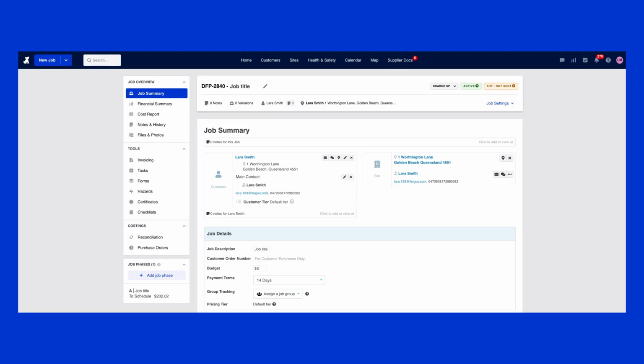If you need to switch to a different address entirely, click the X button in the site address section. From there, you can choose same address as the customer, add a new site contact and address, or search for an existing site. If you just need to make changes to the current site address details, click the site address